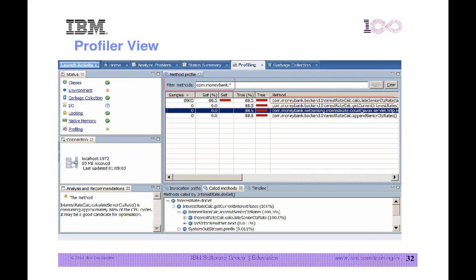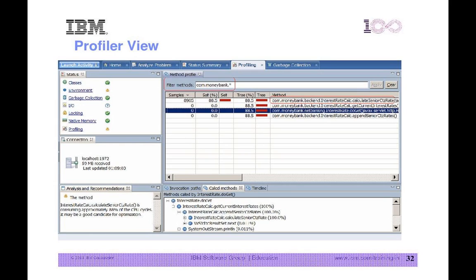So with this, I am almost towards the end of my presentation. What I tried to cover here is some of the performance tuning recommendations like thread pool, connection pool, JVM. Then I spoke about some of the application level best practices, plus some of the caching. And then we spoke about some of the tooling. So out of the box we have tools like PMI, TPV, and then we can go